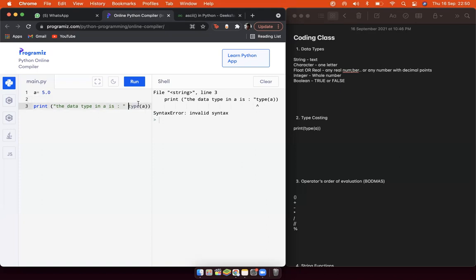Okay, I forgot something. Once you write down the sentence, you're supposed to put a comma to separate both of them. When I put a comma, it will first print the sentence and then the type. It says the data type in a, the variable a, is class float.